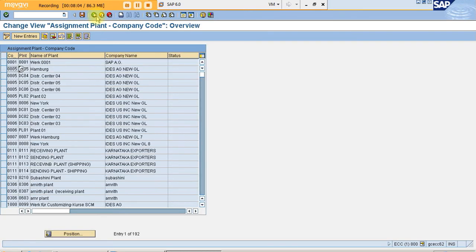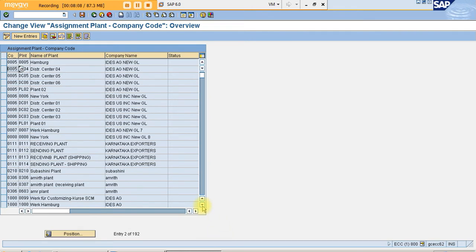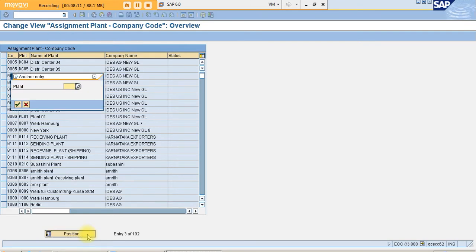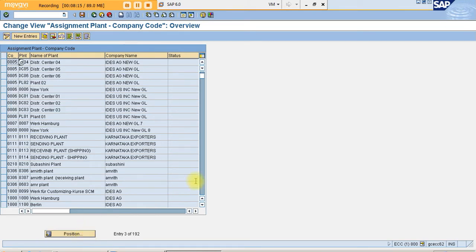A company code can have multiple plants. I'll show you. Plant 8136, I have already created one more plant.